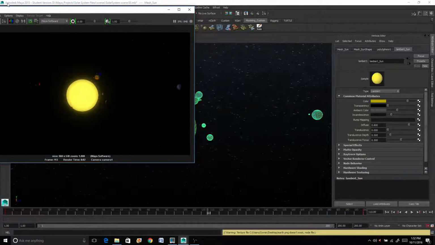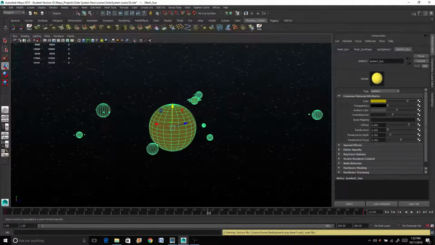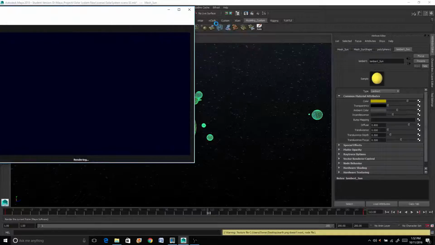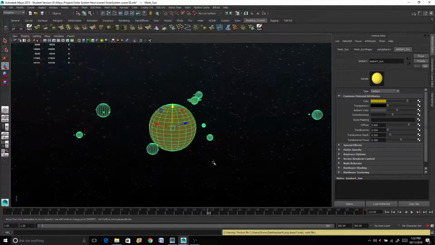Okay, that looks good. Might need a little bit more incandescence because it doesn't seem like it's quite bright enough to be the sun. Oh, that works. Okay, that's good. Now the ambient color, that's something you can actually mess with on all of them, and it actually isn't a